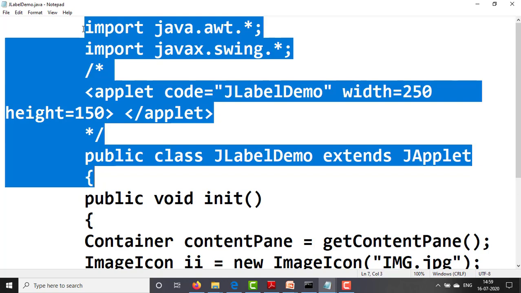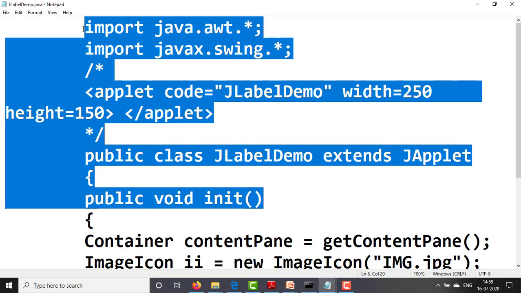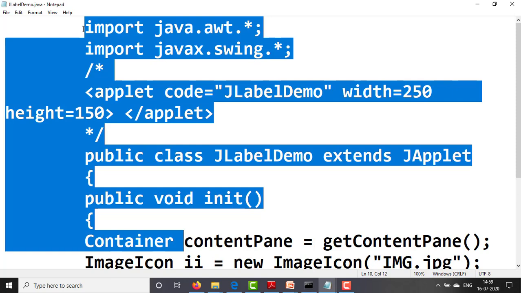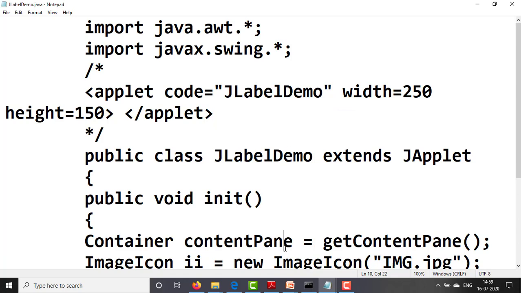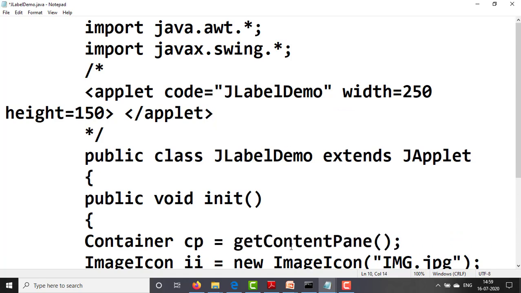Start the body of the class, open curly bracket, take the init method, public void init, open close, start this method, open curly bracket. Here we need to call the getContentPane method to get the content pane: Container cp equal to getContentPane.